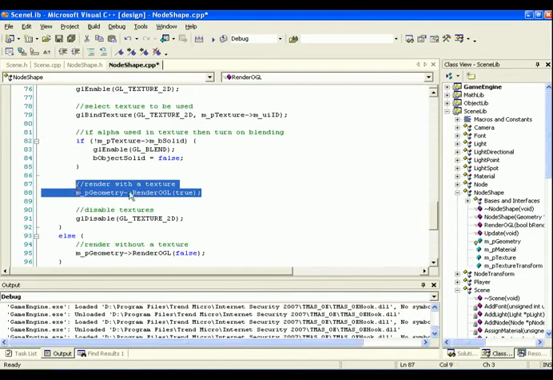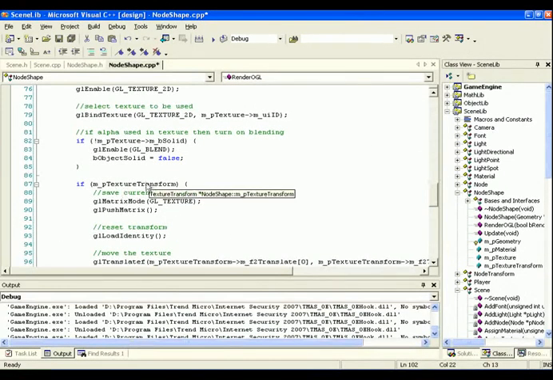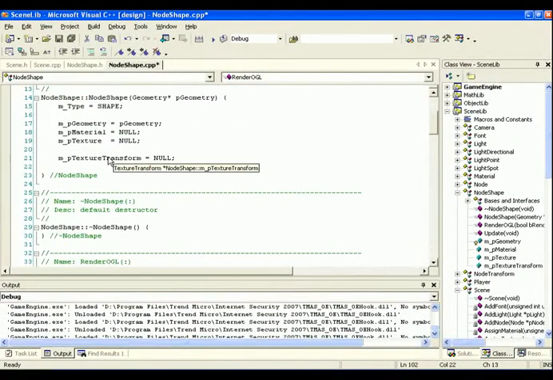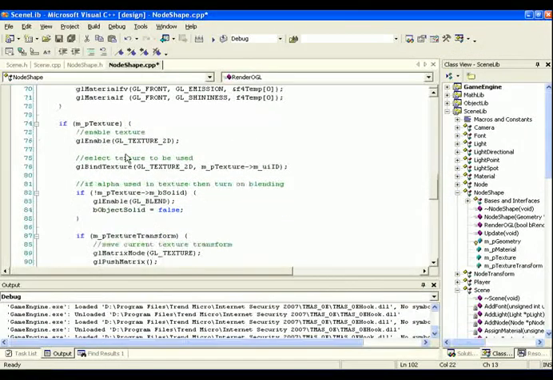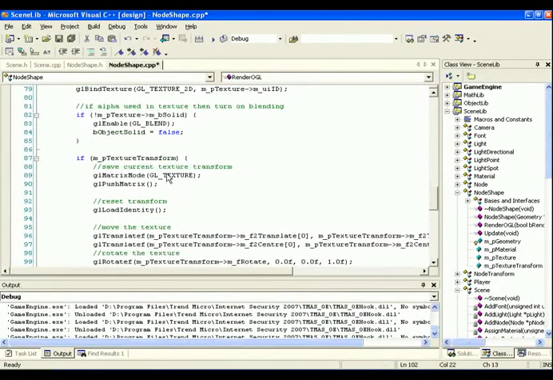I'm just going to take these two lines of code and replace them with the following. We have a check to see if we have a texture transform. And remember, initially in the constructor we set it to null, so if we don't have it, we just skip over this part. However, if we get it assigned to us, then we'll go into here. And what we do is we take the texture transform matrix and we push it onto a stack. Very similar to what we did inside the node transform with the GL model view matrix. Here, now we're working with the texture matrix. We then reset the texture transform matrix to be identity, so that means everything's cleared. And then we